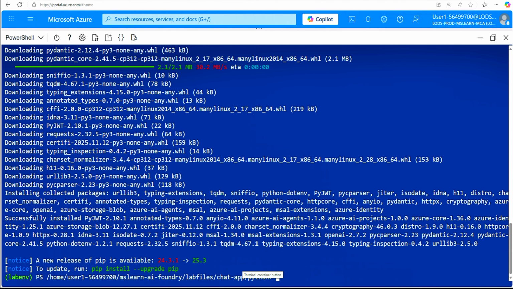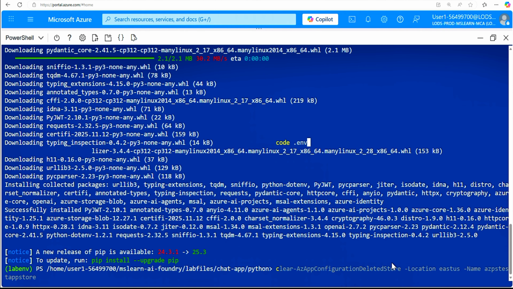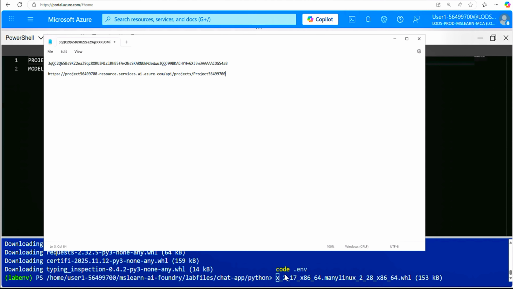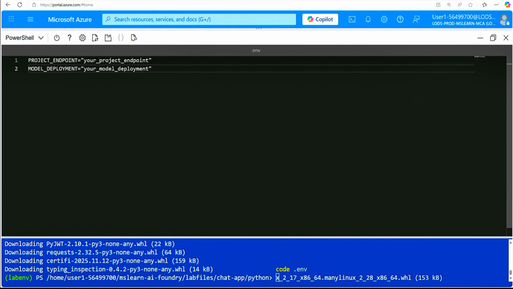Now we need to modify the configuration file. Get the endpoint, and the model deployment. In our case, the model we deployed is